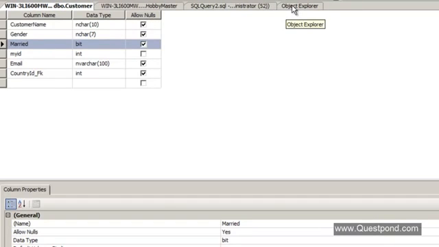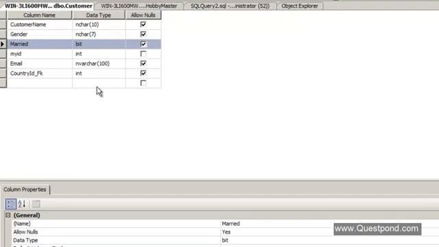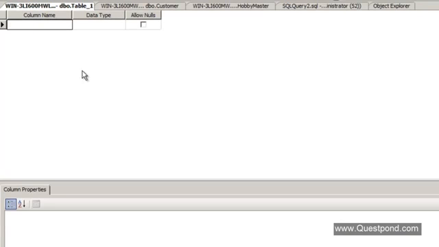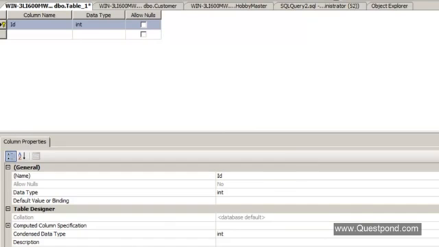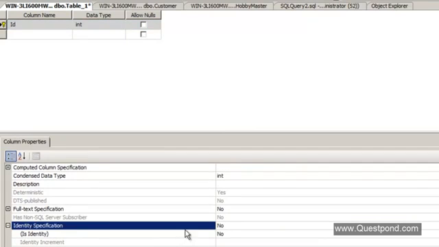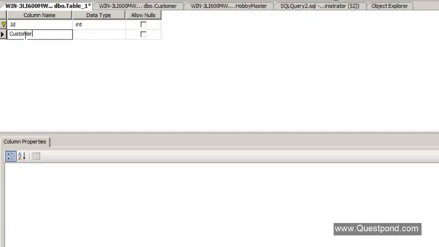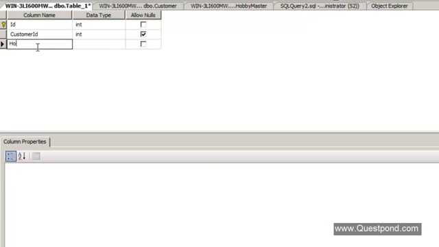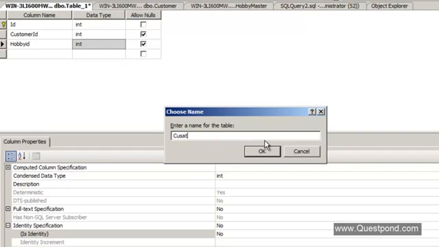And the next thing I would like to do is create one more table here, which will actually represent customer hobbies, right? So I'll create one more table here. It will have three fields. One field is nothing but a simple auto increment ID, just to represent the primary key. So this is one field I will have here. The second field I will have is the customer ID, for which we are going to save these hobbies. And the last one we'll have here is the hobby ID. Okay, so I'll name this as customer